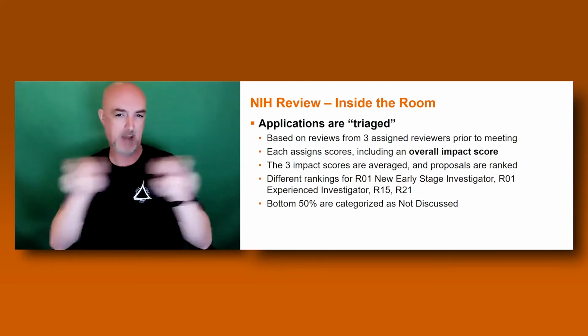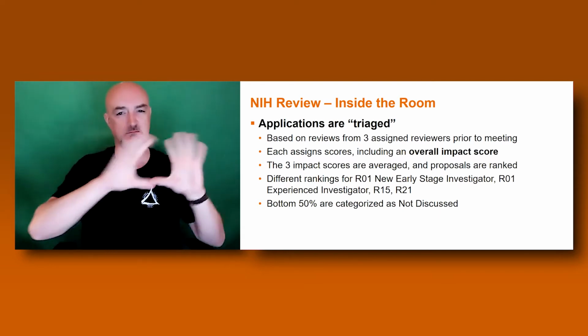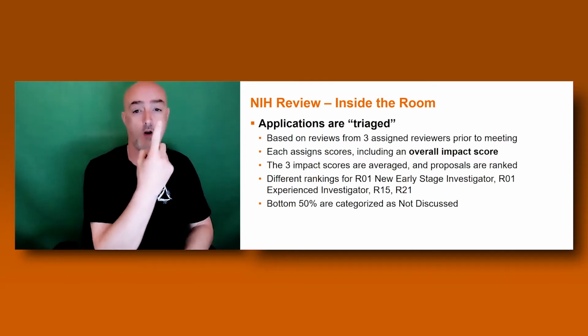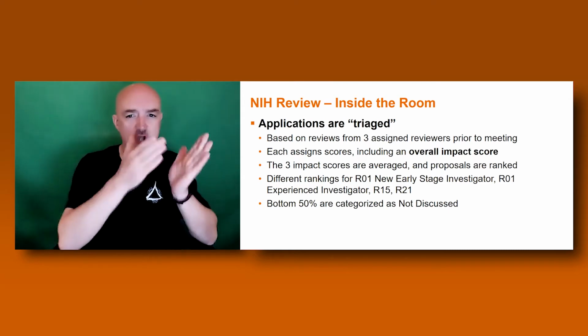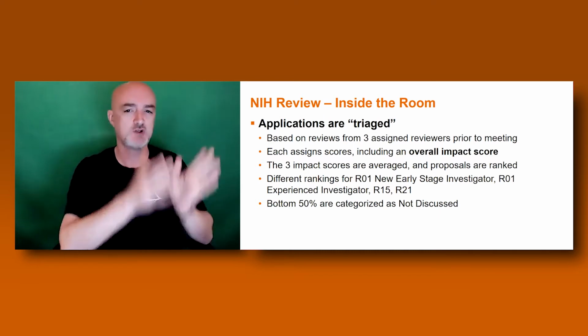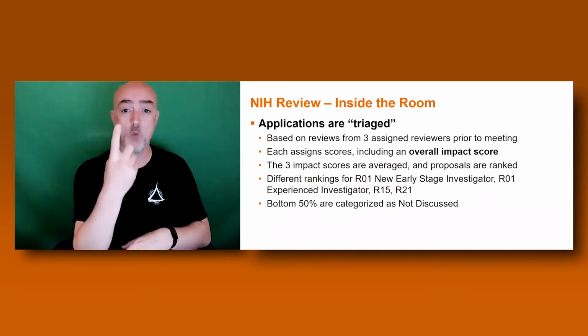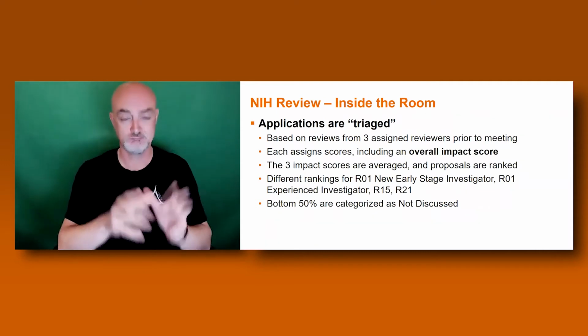So for example, for study sections for NIH, there's 4 main categories. The first is the R01 application, which is for very new researchers, new early stage investigators. They're early in their career, they have not yet done a lot of scholarly work. That's the first level. The second level is R01, which is for experienced investigators, so people who have already received